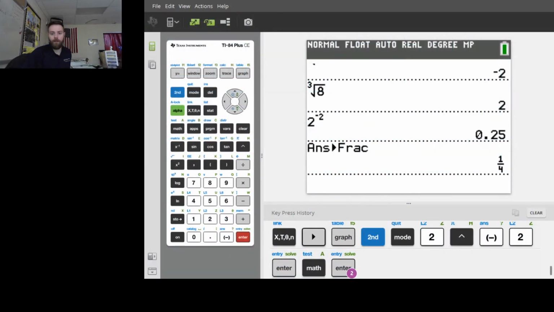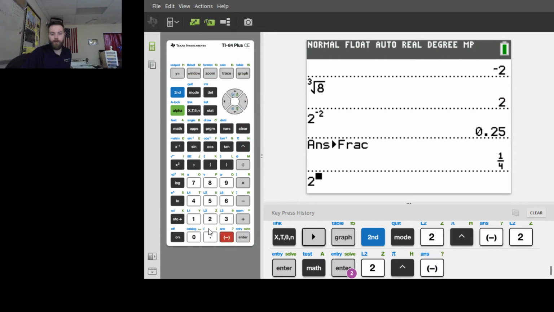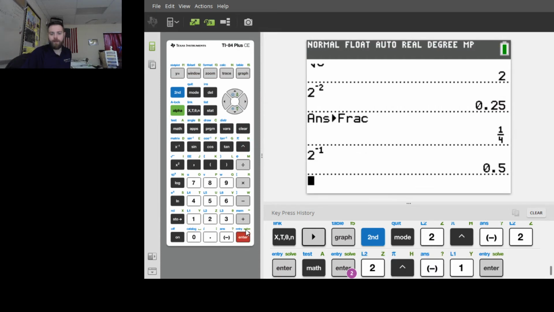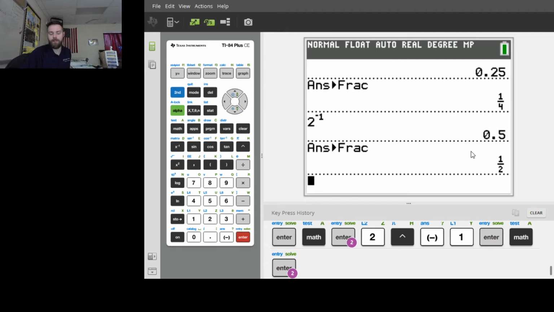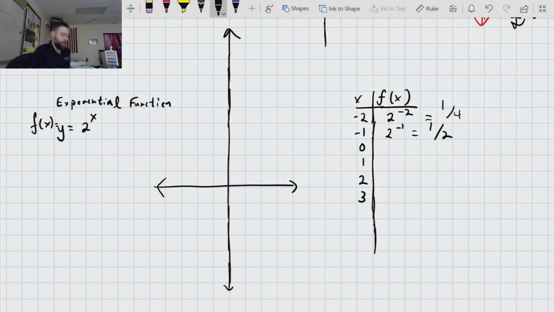So if I come back over here to my graphing calculator and I plug that in, 2 to the -1 power is 1/2, 0.5, which is also, just to make sure you see that it's the same fraction that I'm putting there, 1/2. So the next thing that's very hard to understand whenever you first see it is 2